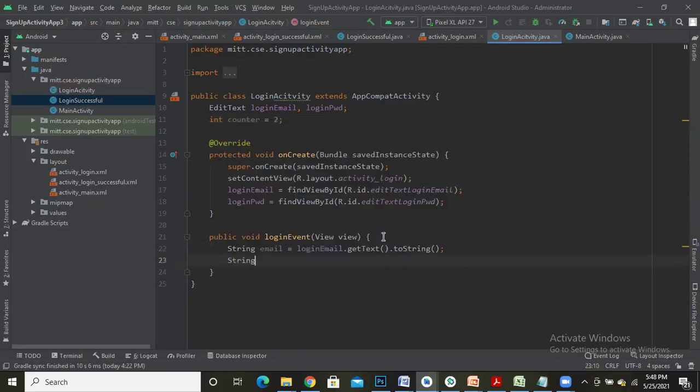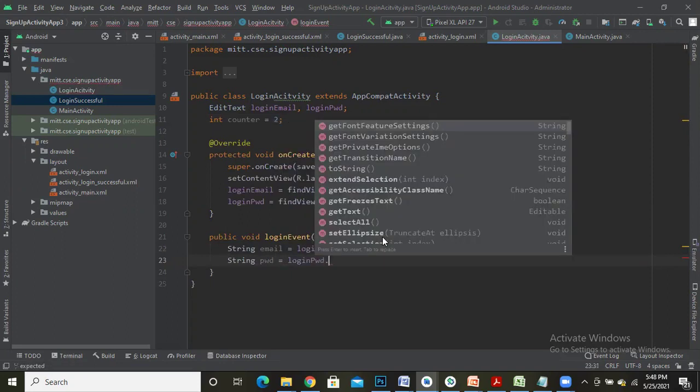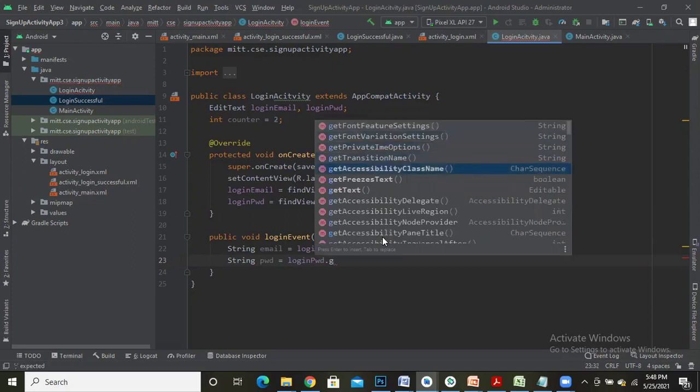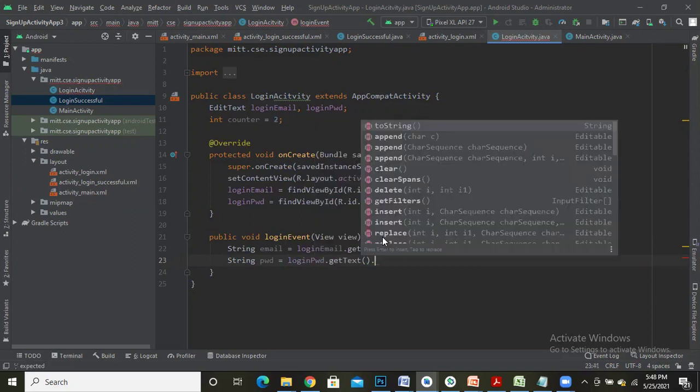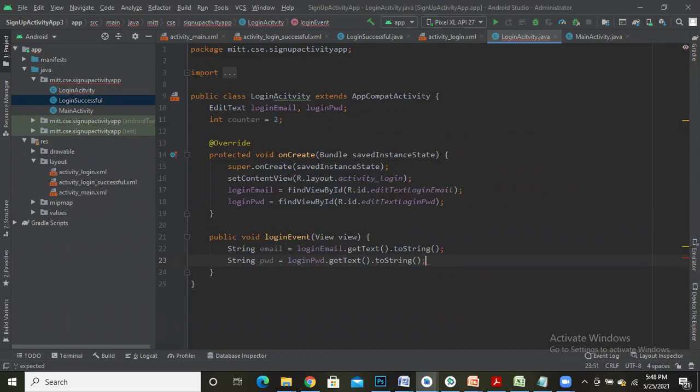Similarly, I need to read the password. So I'll declare string pwd equal to login password dot getText, convert it into string toString, which is stored in the variable password. Now, not only reading the email and password from the edit text fields, we should also read the email and password which were sent in the intent by the main activity.